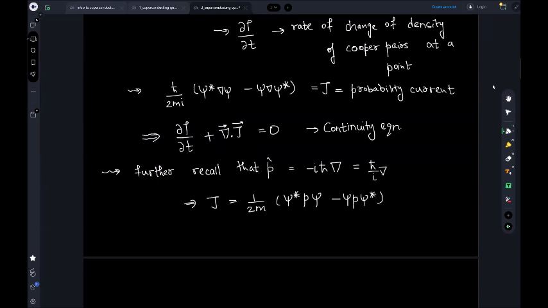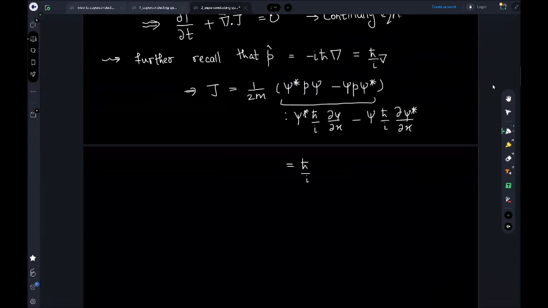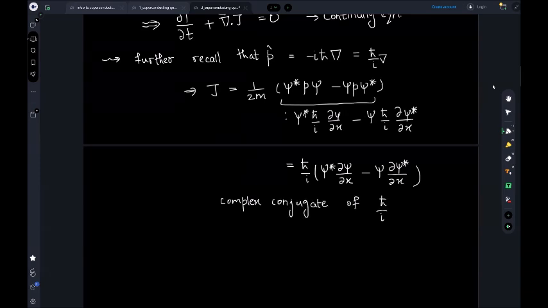Now I'm going to manipulate this expression a little bit for our convenience. I want you to note that this can be written as, now consider the complex conjugate of h bar over i, psi star times del psi by del x. Now the complex conjugate of this quantity is this,